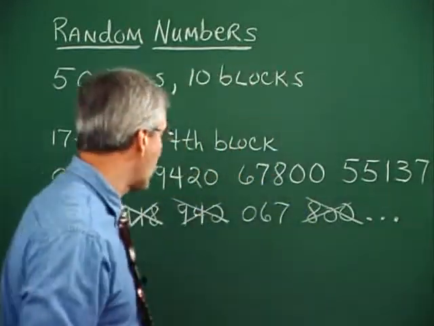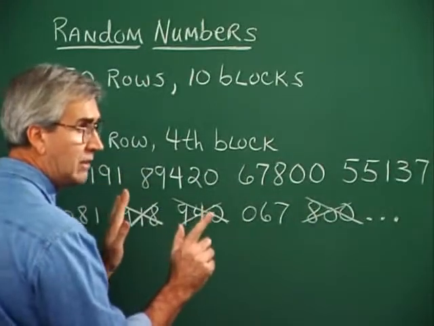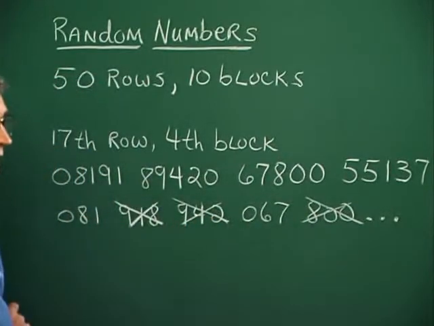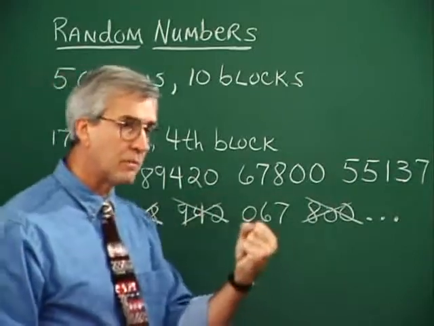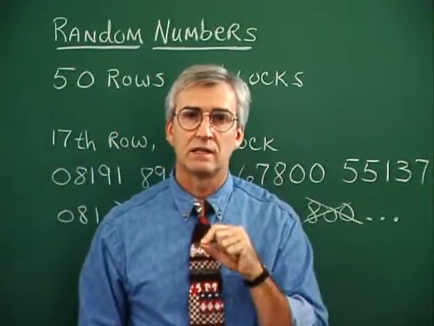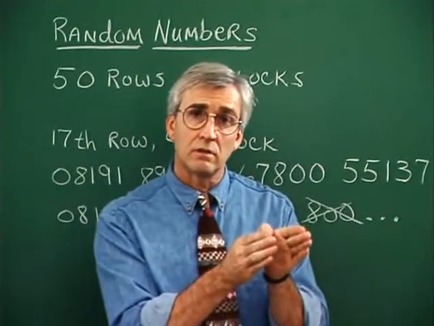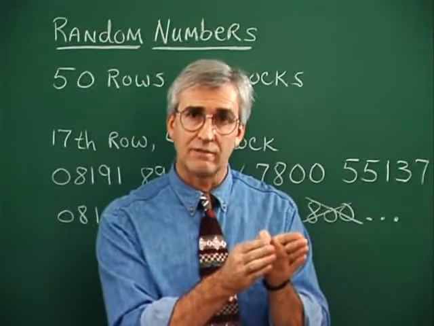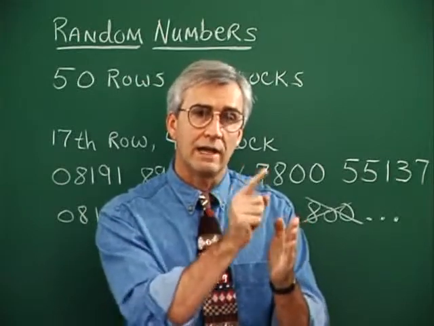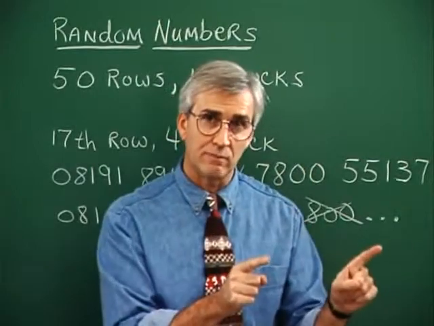If we were, for example, selecting 15 members, a sample of 15 members of a class of 80. Now, if we want 15 members of a class of 80, 80 has 2 digits in it. So we are assigning a number to every member of that class of 80. So we're assigning numbers 1 through 80. Those numbers are associated with names of people.